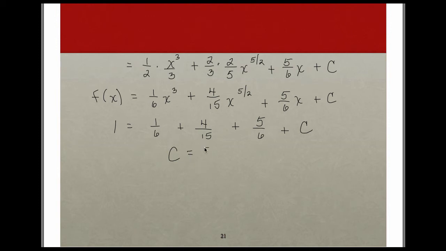So your constant, if you want to give it a try, double check my math, it should be -4 over 15, okay? If you want to check that out and make sure I did it right. So what we have in the end then is our original function really ends up being 1/6 x cubed plus 4/15 x to the 5/2 plus 5/6 x